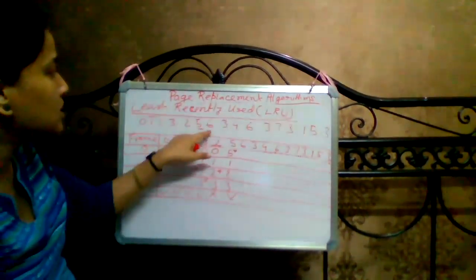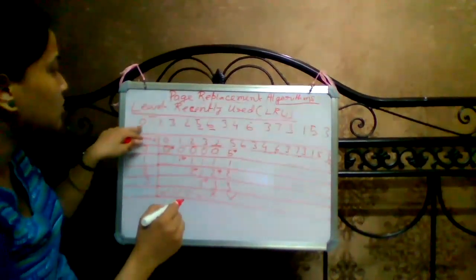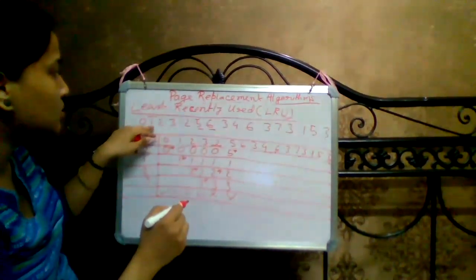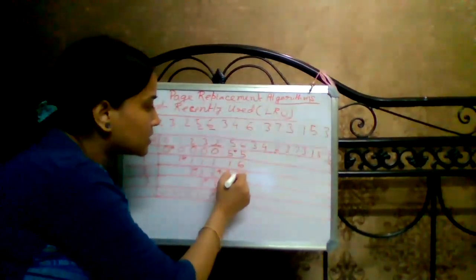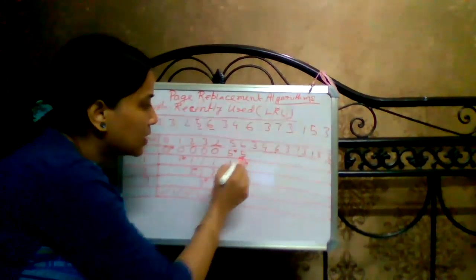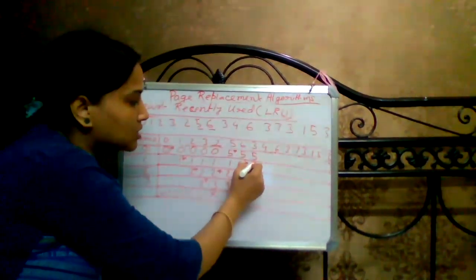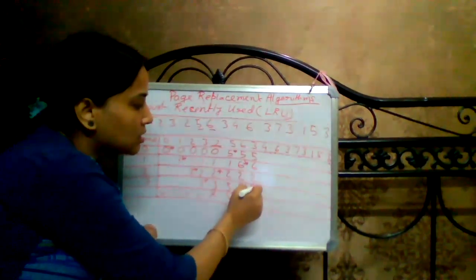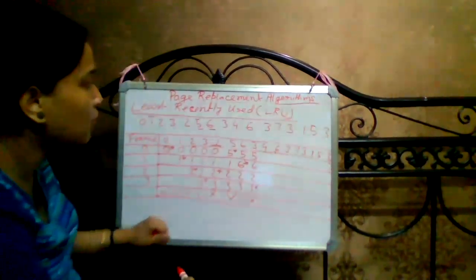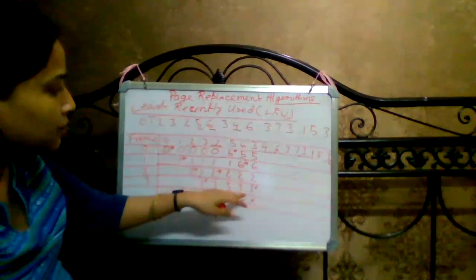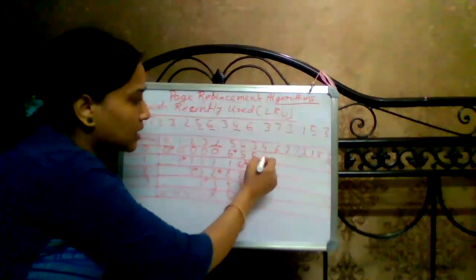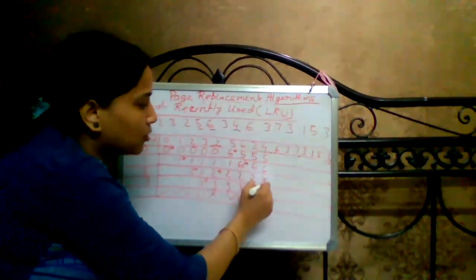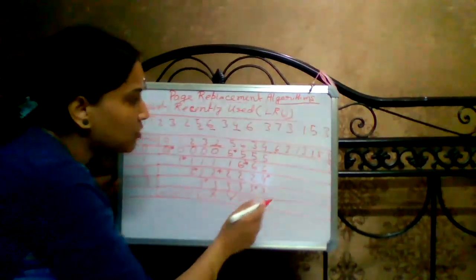Next one is 6. Same here, which one is not recently used? That is 0, after that 1. So here 5 6 2 3, page fault occurs. Next 3 does not require any page replacement. 2 3 is the running, no page fault. Next one is 4. When 4 is encountered, which one is not in use? Here 3 is recently used, so 5 6 2 will be replaced. So 5 6 4 3, page fault occurs.